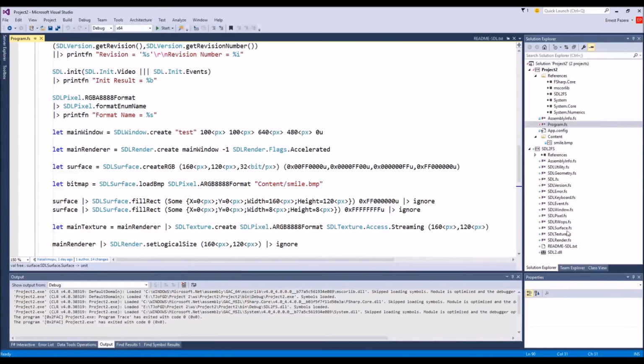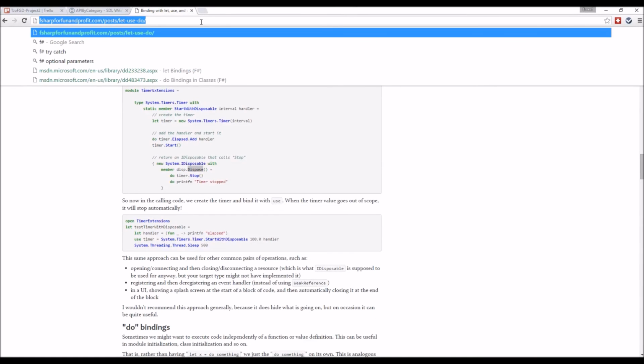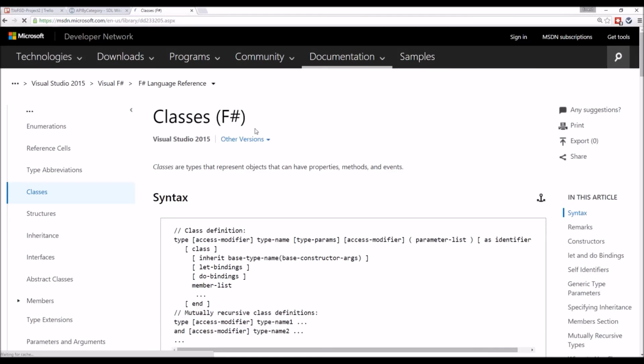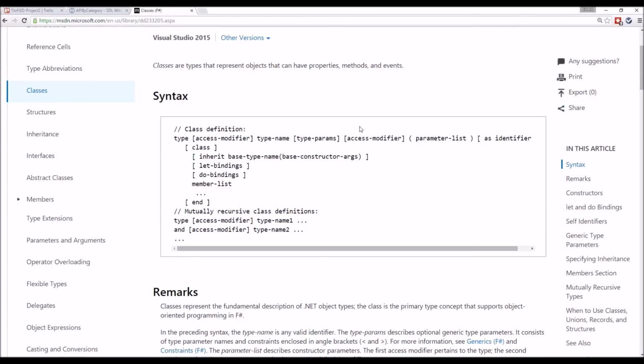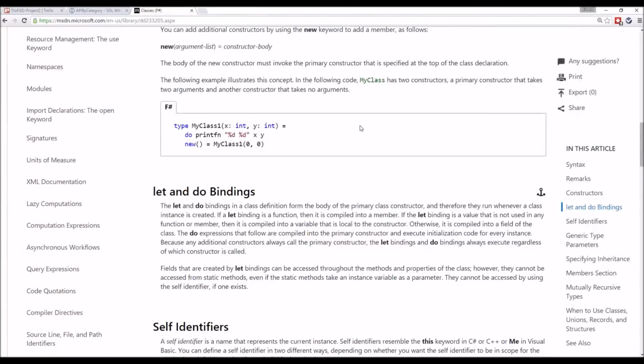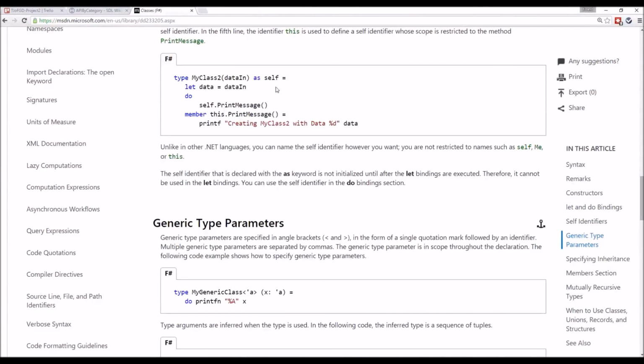So I need a class, and I don't do a whole lot of classes in F#. I don't do very many. I want to see one. I actually tried example number 1. So that's my constructor there, so I do a let, because what I want to do is take